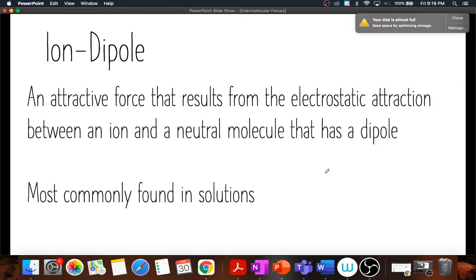All right, next we're going to look at something called ion dipole. This is again an intermolecular force, but in this case it exists between a polar molecule and an ion. Say for example I've got a polar molecule. Instead of drawing out the bonds, I'm just going to draw it in this oval shape. On one side I've got a partial negative, and on the other side I've got a partial positive. If this is something like water, which is a solvent, and I want to dissolve something into it, something like NaCl, if NaCl is introduced into water, it breaks down into its ions. The ions that it's going to form are Na+